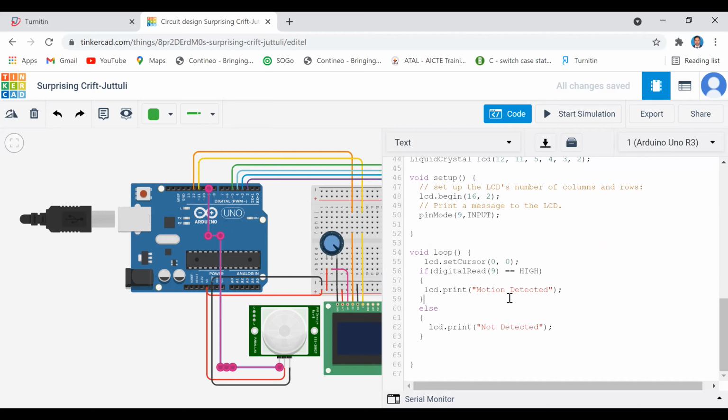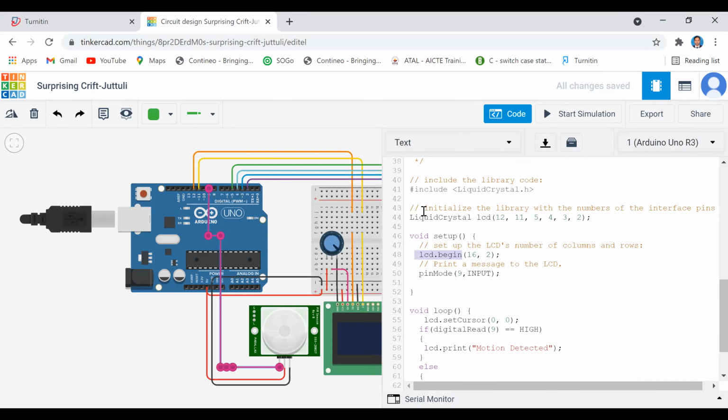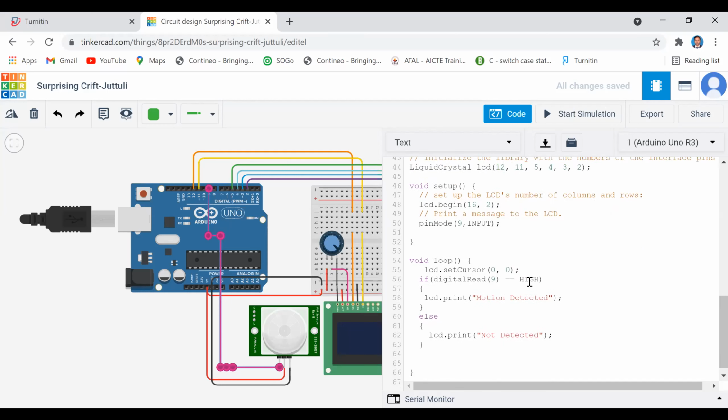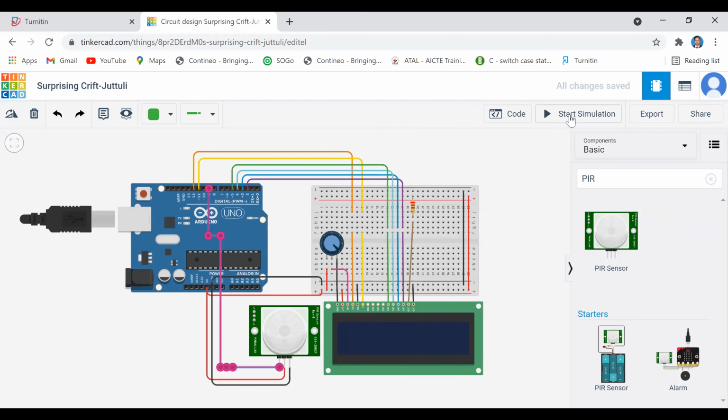In the loop, we continuously check if the 9th pin reads high, and then put the text "motion detected" on the LCD using lcd.print. The lcd.print and lcd.begin, everything we discussed in the class. Now you can start running the simulation.